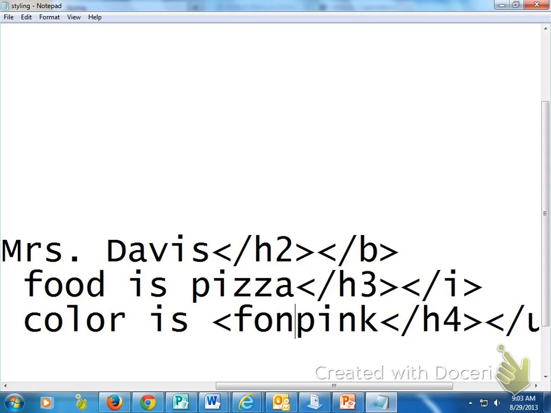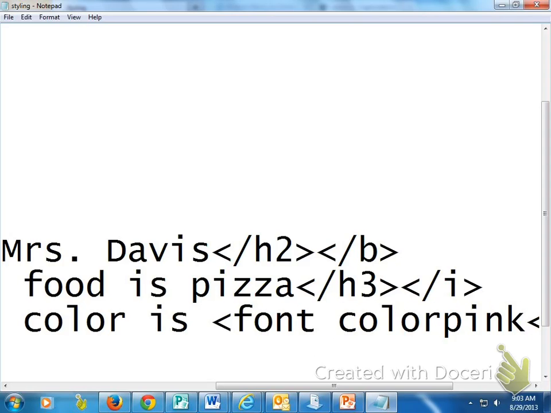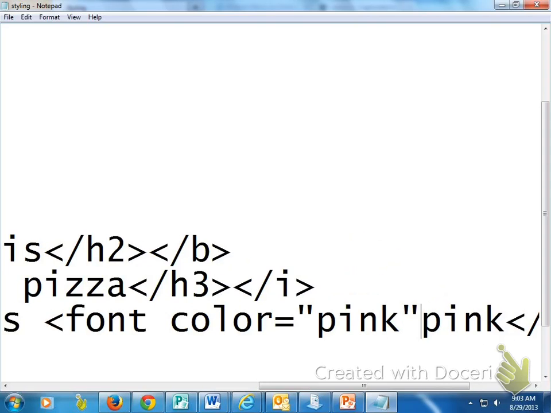I'll put my cursor before the word, whatever word you picked for your favorite color. Bracket, font, color equals what? What do you think from 2 days ago? What do you think I have to put before I type the color? Quotation mark. Quote. And then type pink, or whatever you